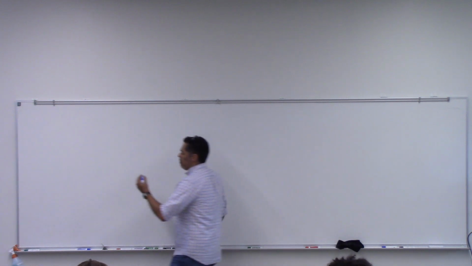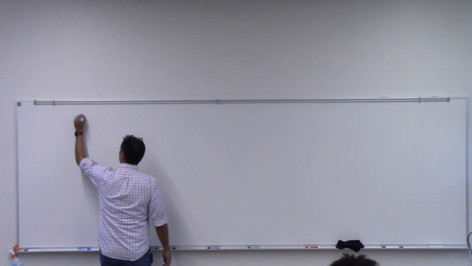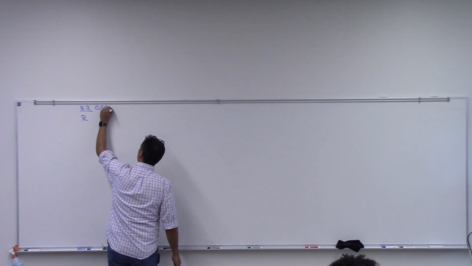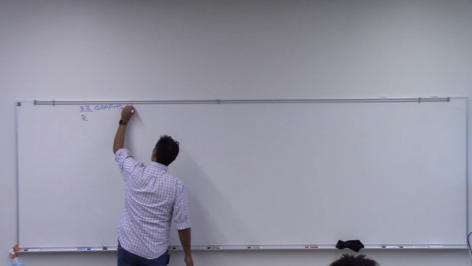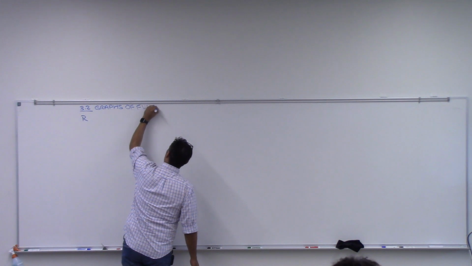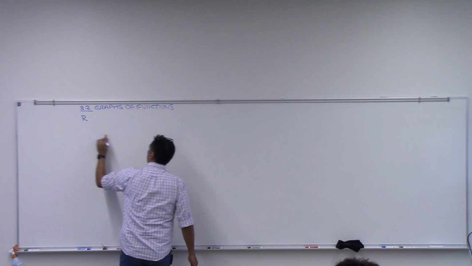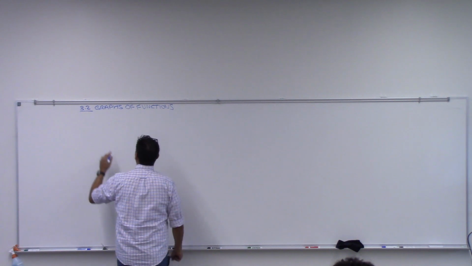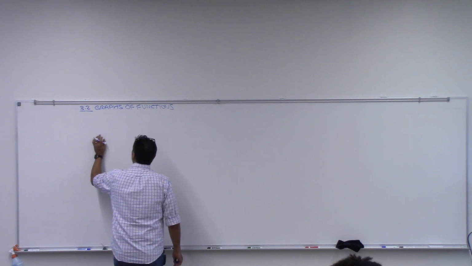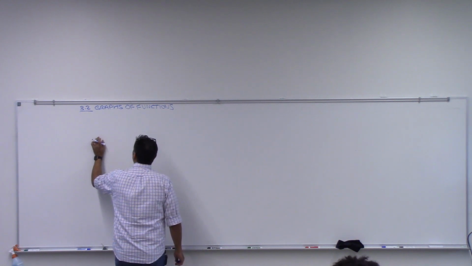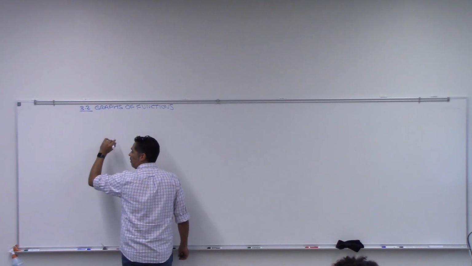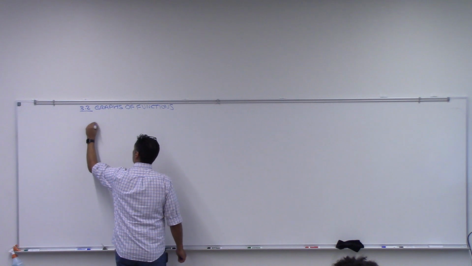So remember last class, recall from last class, this is 3.2, graphs of functions, just so we know we are switching into that. Okay, sorry, I went off on a completely different thought. So graphs of functions. Recall